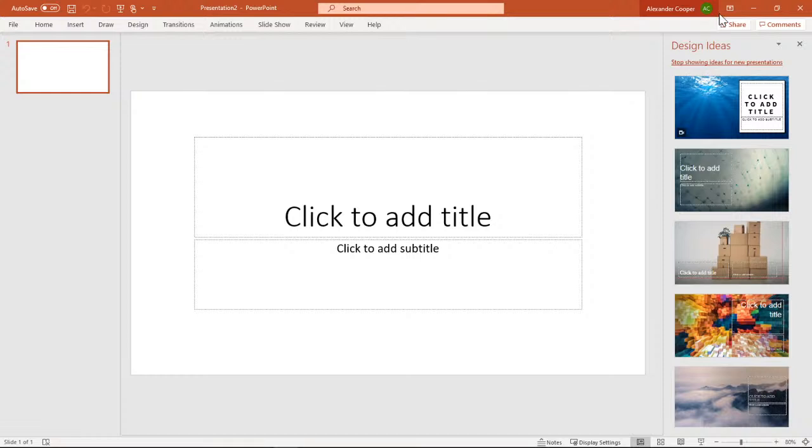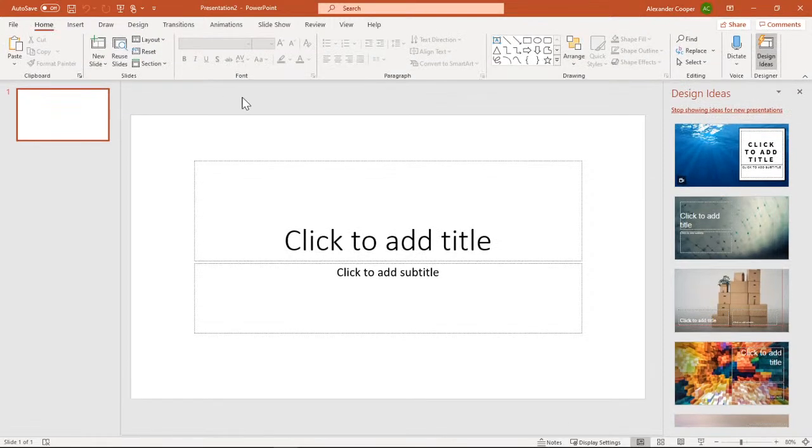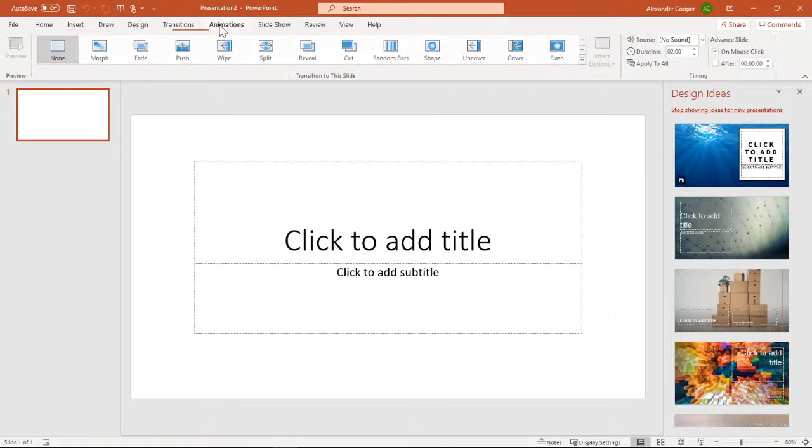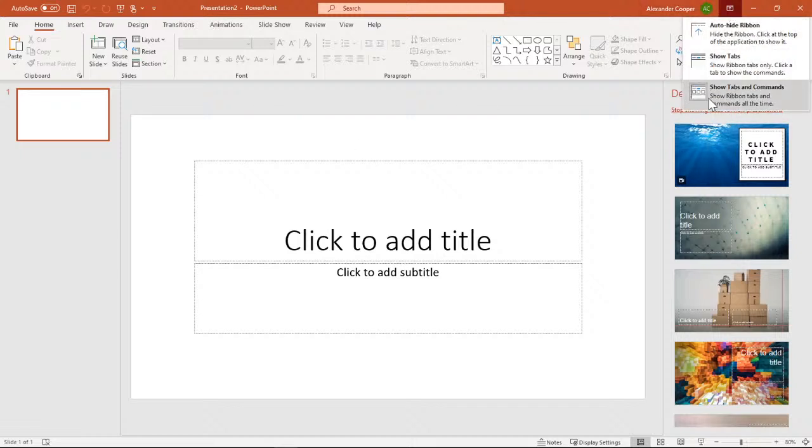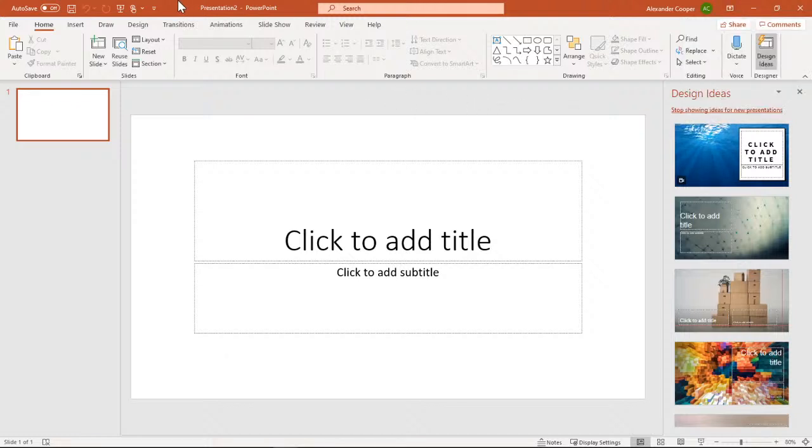And I don't have the toolbar down. They actually call this the ribbon with the different tabs at the top here, okay? So if you're not familiar with that, go ahead and get familiar. You can left click to go through the different tabs. If they are hidden, like mine were for a second, you have to click here where it says show tabs, okay? So let's go ahead and save our document.